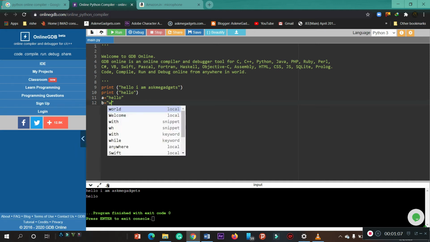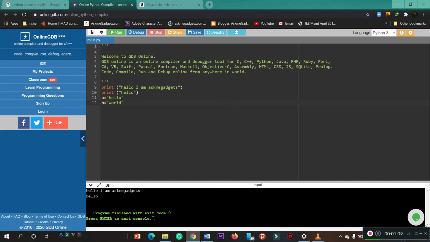The main thing of Python is it automatically assigns the type of variable. In certain languages like C and C++, you have to define the type of variable, whether it is an integer or a character or a decimal number. You have to specify the initialization you have given. Here you can do as it is.